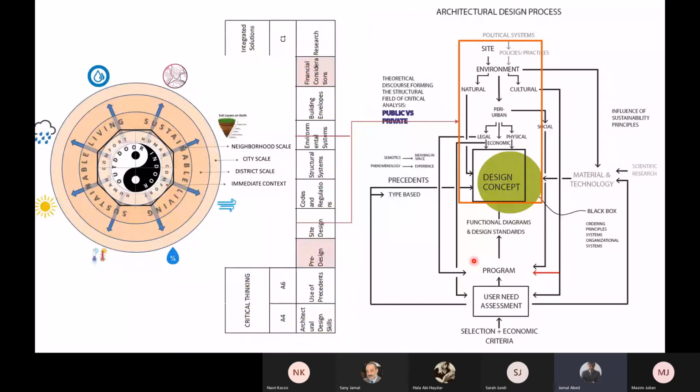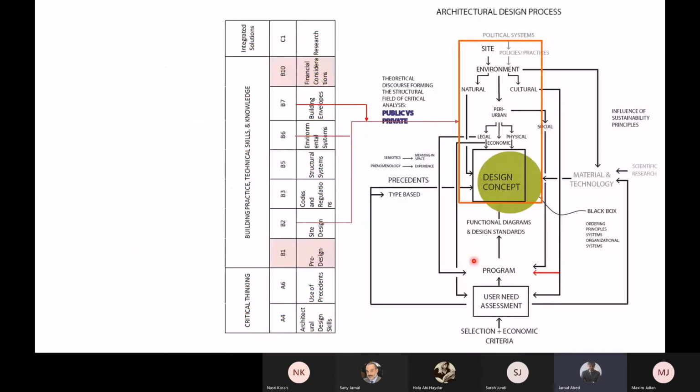Obviously, environmental systems had to be taken into consideration. Building envelope, why? Because as you do the analysis, you need to address those dimensions, okay, in the formulation of your design directives. And we pushed them a lot, and we've taken quite a substantial amount of time in studying this. That is only the natural.